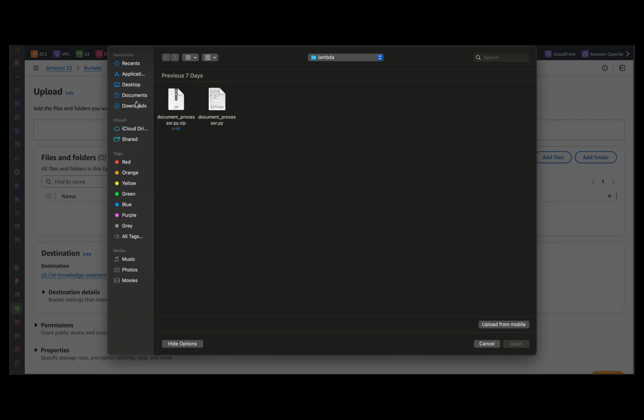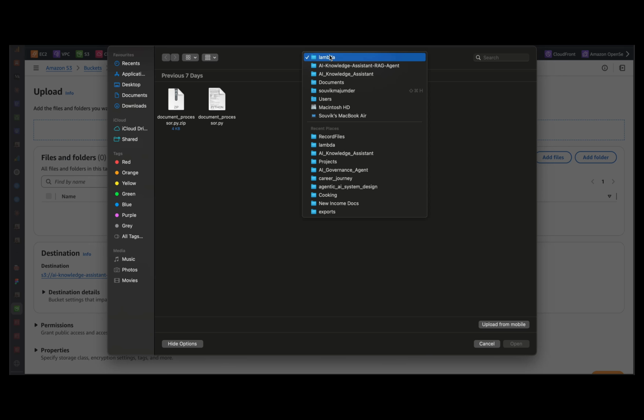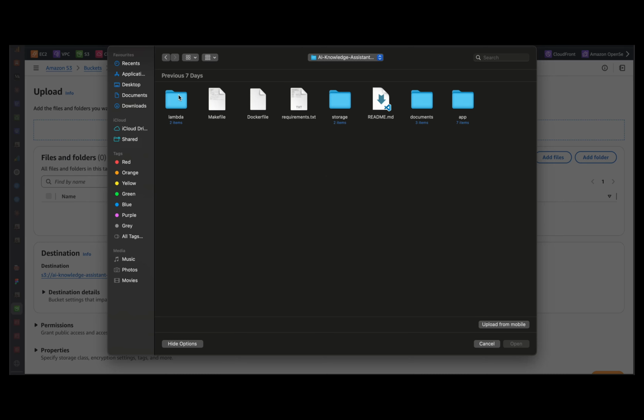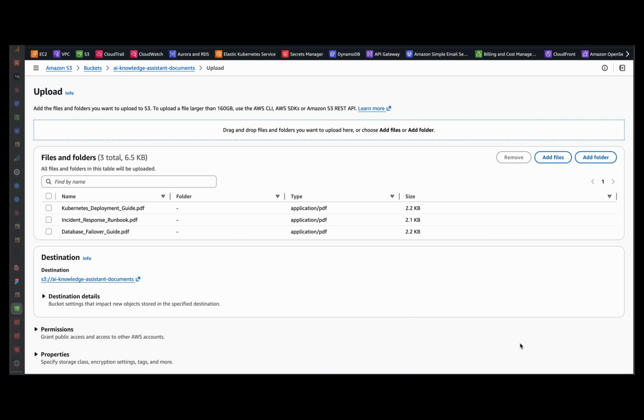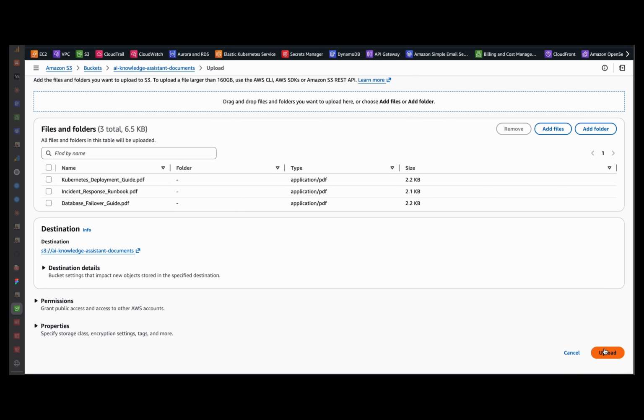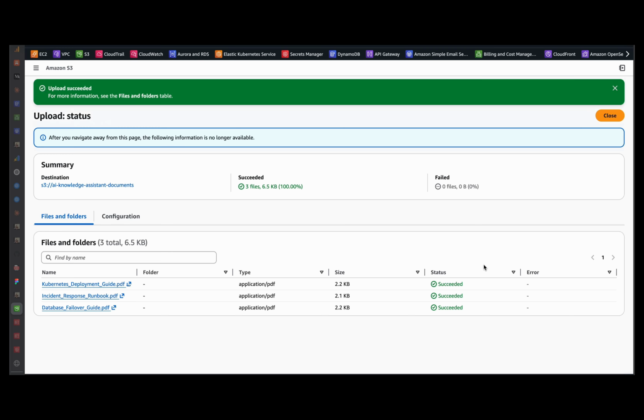So I'm going to AI Knowledge Assistant Agent, and these are my documents. Let me try uploading these three. Let me click upload. So you can see the files appear here in the bucket, and in the background,